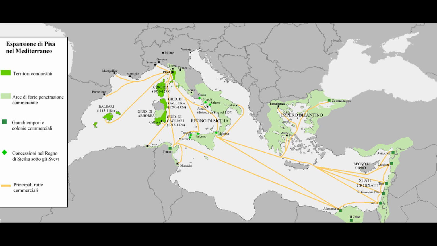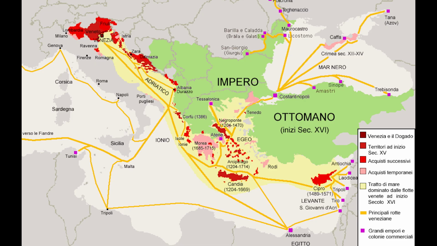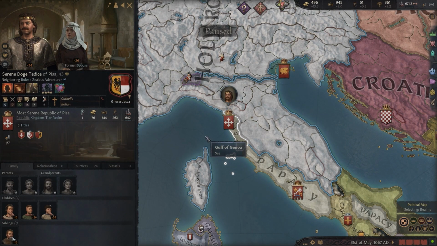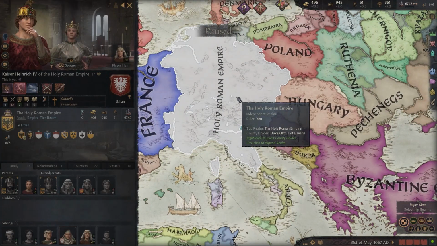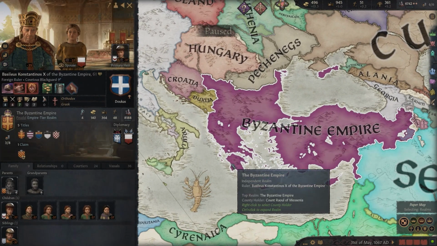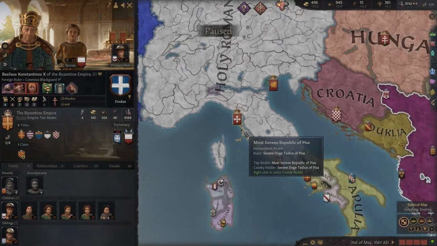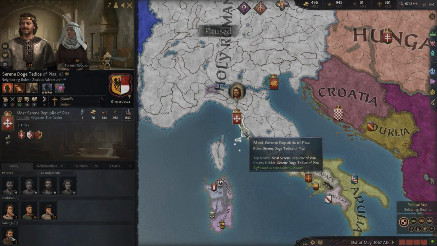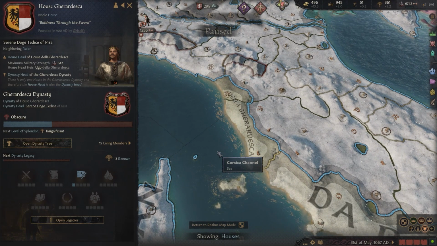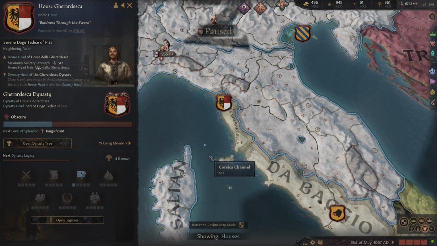While Pisa was an economic powerhouse and commercial centre whose merchants dominated Mediterranean and Italian trade for some time, they did not match the power and influence of the Venetians, and their leaders were not recognised by the Holy Roman Emperors and the Byzantine Emperors as most serene doge, in contrast to the leaders of Venice. The Della Gherardesca family the in-game ruler of Pisa is from actually was an ancient noble family from Pisa, but it was difficult to find reliable sources on Tedice of Pisa himself.